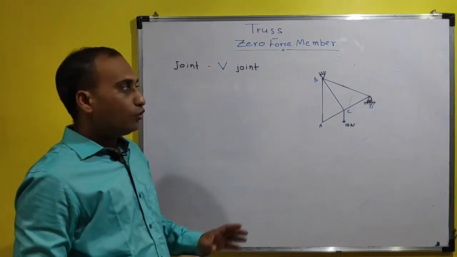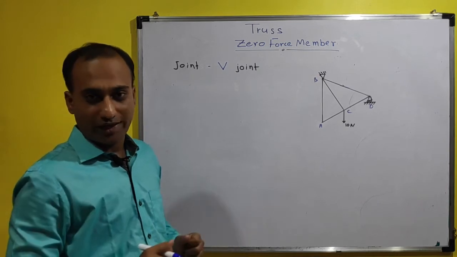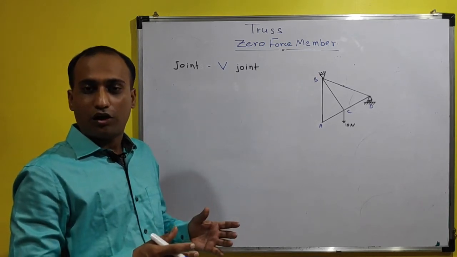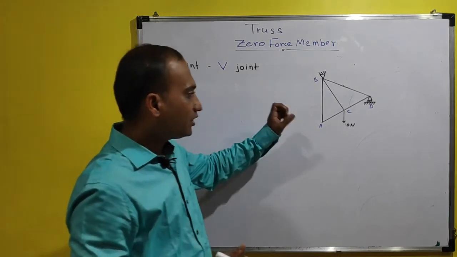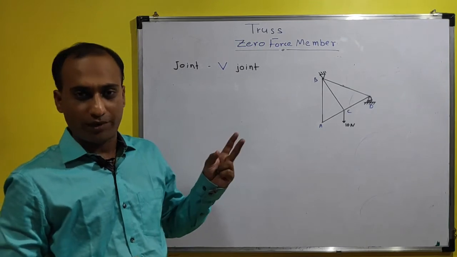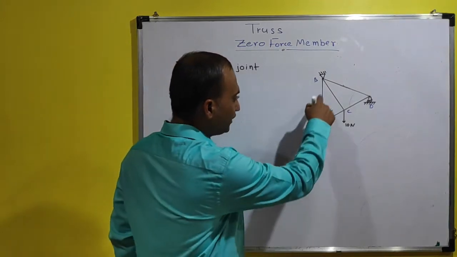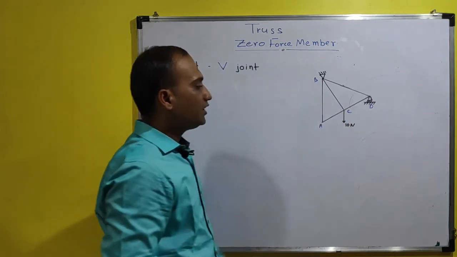So here we have to find out the forces in the members which are making a V joint. They may be perpendicular or may not be perpendicular. They are at a certain angle, and this V shape should be made by only two members. So here we can see in this figure, at point C it is a T joint and it is having